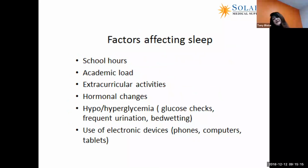Factors affecting sleep, some we can control, some we can't, but one that's being looked at, as a matter of fact, is school hours. There are movements to help delay the time that school starts because we're seeing that impact on children and young adults, as well as adolescents, academic load, extracurricular activities, and we need to realize that hormone changes, especially around adolescence, can definitely affect sleep patterns, but also hypo and hyperglycemia, high and low blood sugar,